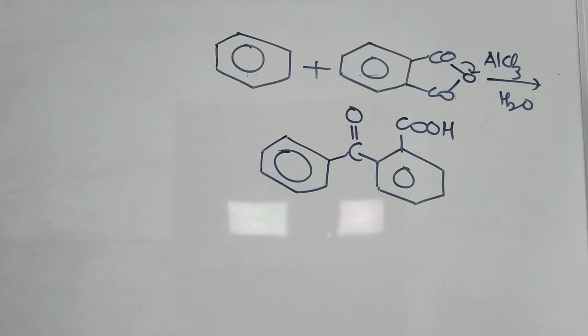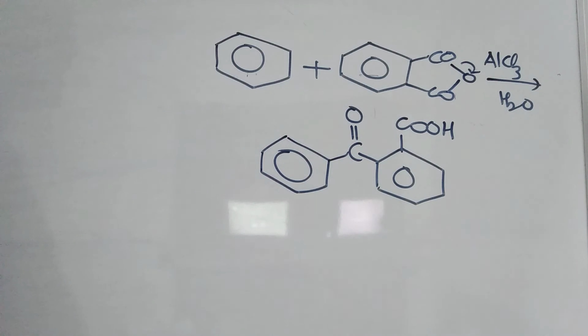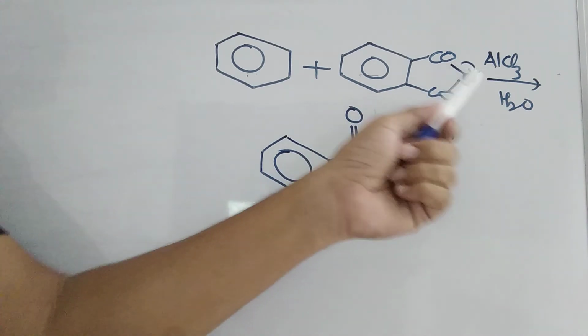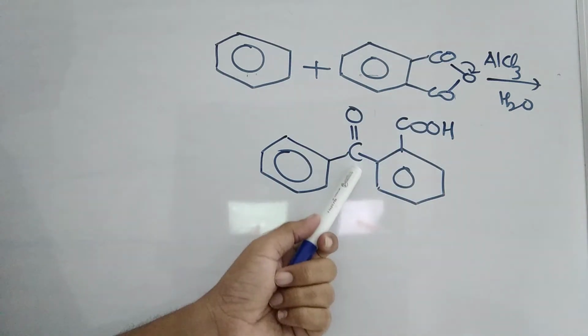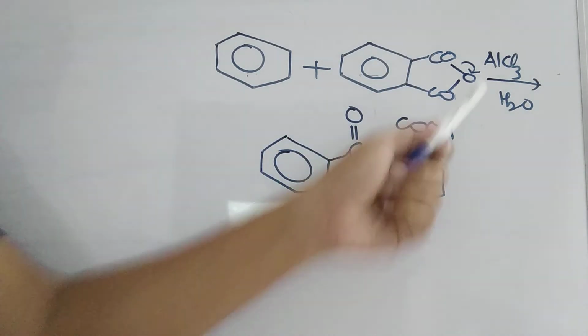It's a simple question. It's a simple application. You can expect it in your exam. Benzene, when treated with phthalic anhydride in the presence of AlCl3 and H2O, this bond shifts, or this bond you can take. CO plus you are getting there. So this CO plus is going to be added here. Then the benzene ring. The next place to this CO is converted to COOH.